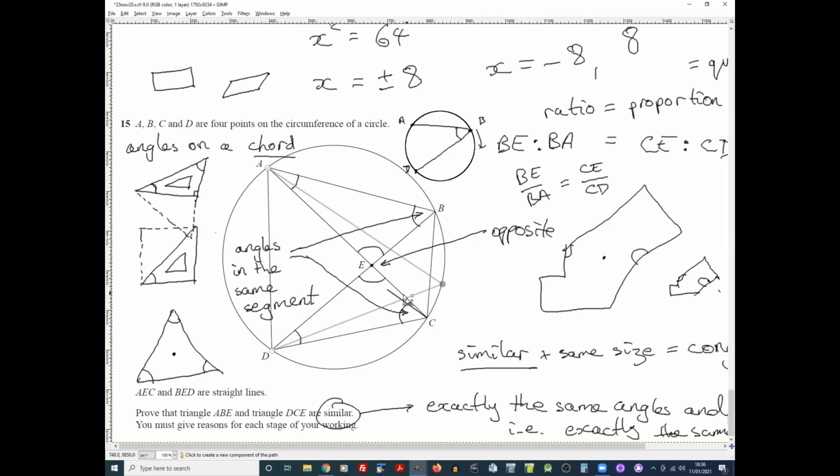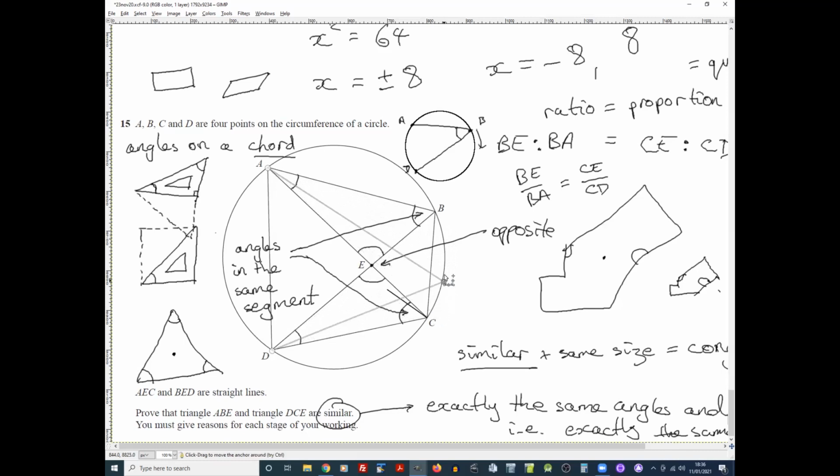Okay, so having said these 2 are equal for some reason or other, these 2 are also equal for the same reason as these 2, but of course these 2 are on which chord? AD? No, careful. In the sense of angles on a chord, remember we said that this angle, all of this,